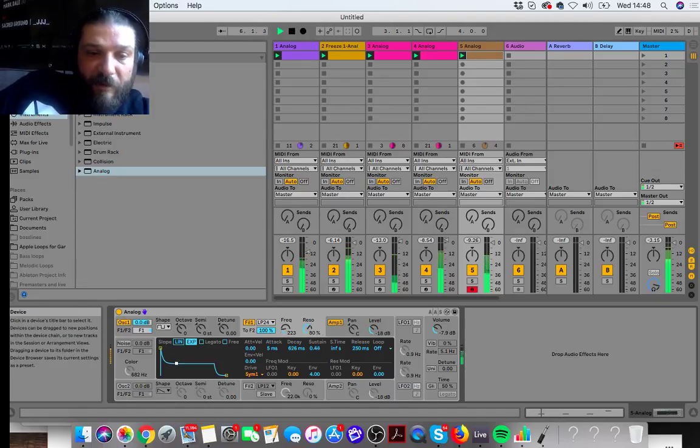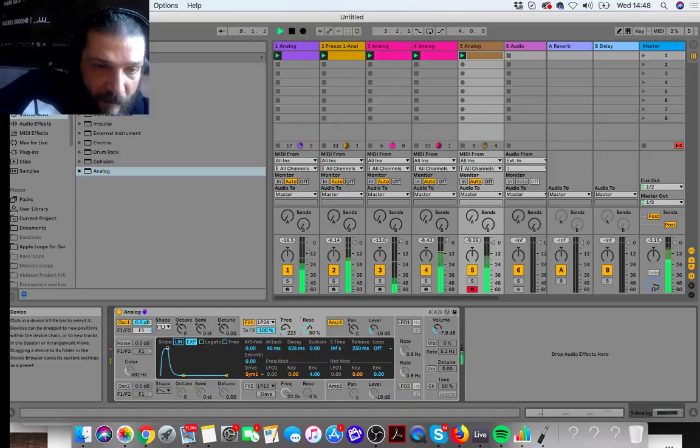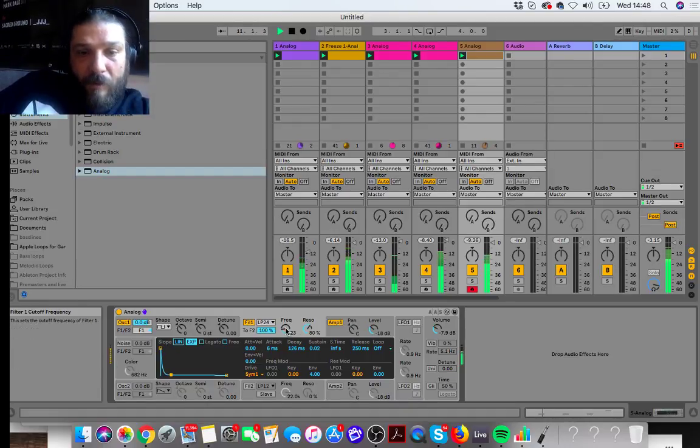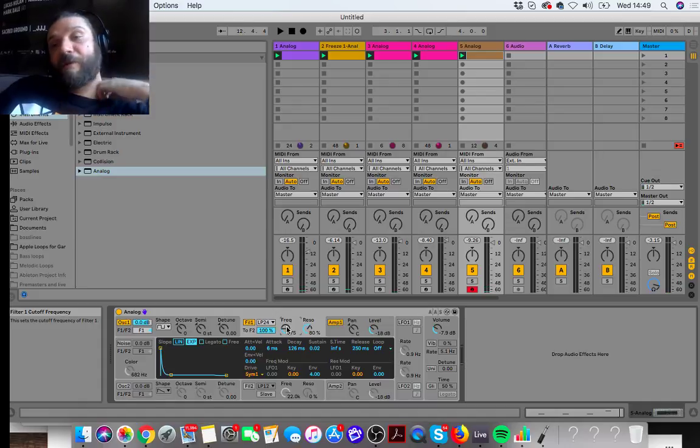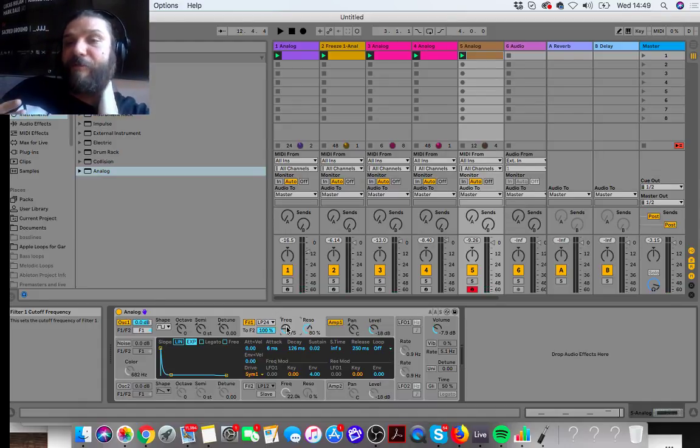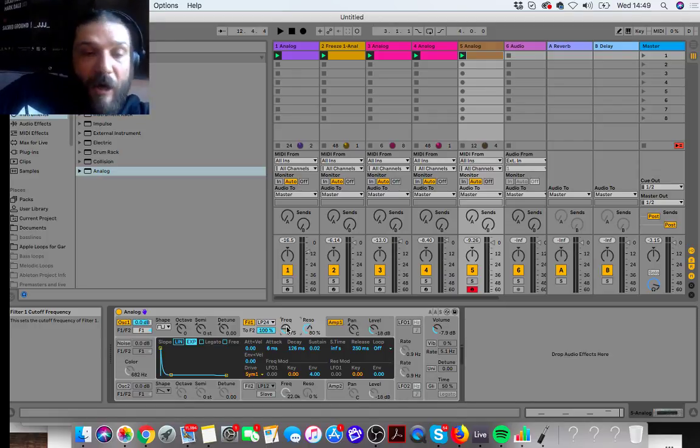And then we start changing the envelope on the filter. We can get different kinds of sounds. And now I'm going to turn it into a mono synth. So a mono synth will only play one note at a time, and this is really useful for your glide